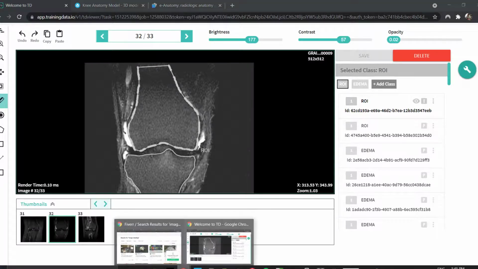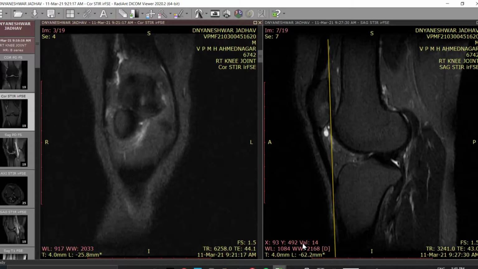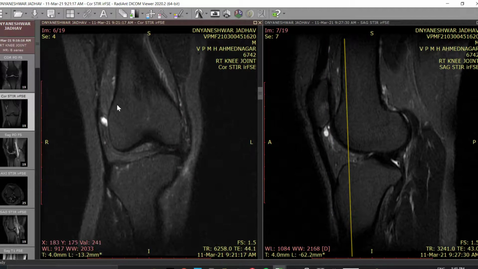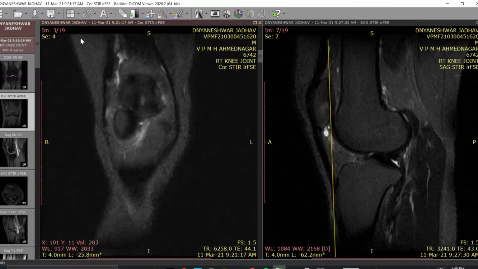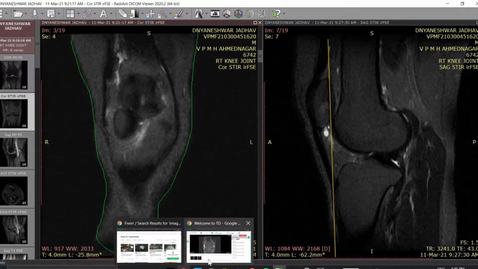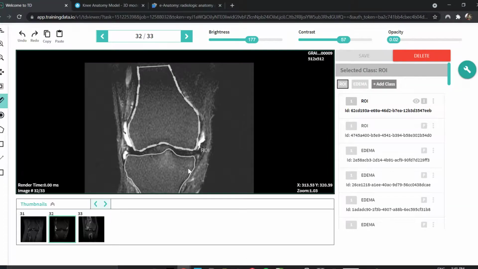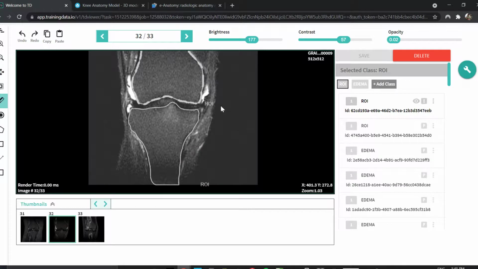And whenever you see anything like this where the main bone is not visible, you just have to select that ignore class in the software first, draw like this roughly and press ignore or just press save. So basically you will end up having an annotation, and that annotation will, instead of having ROI here, have ignore here.